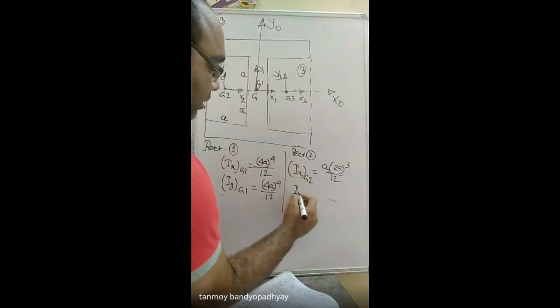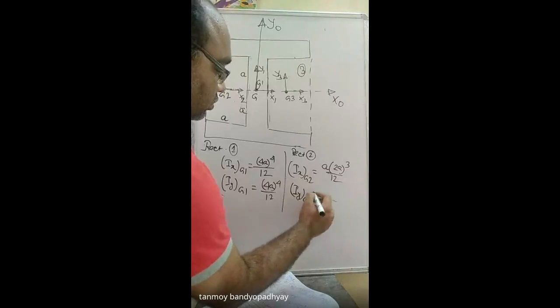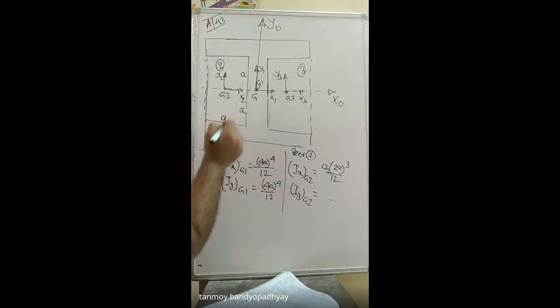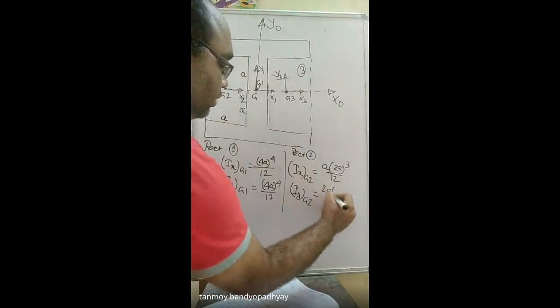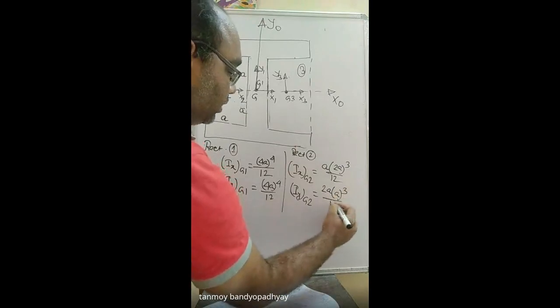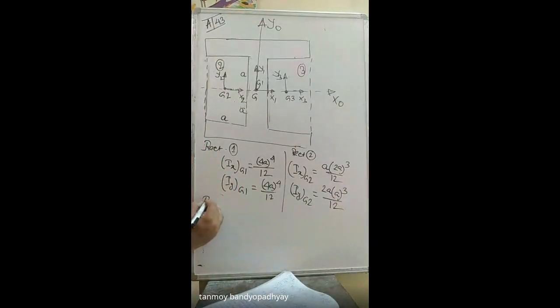And what will be iyg2? So iyg2 will be equal to db cube by 12. So 2a whole cube divided by 12. And for rectangle number 3, you should be having, আচ্ছা এগুলোকে তাহলে আমি এখানে করে দিচ্ছি. So what will be ix1? So ix1 is for